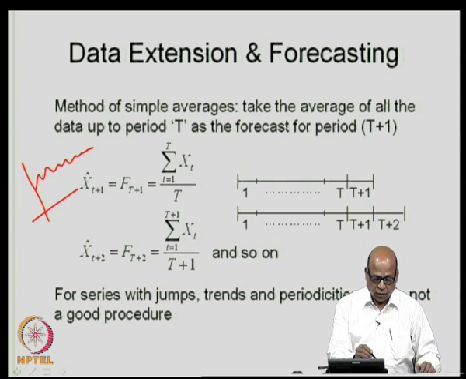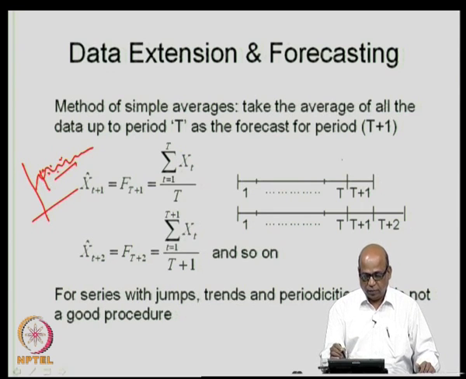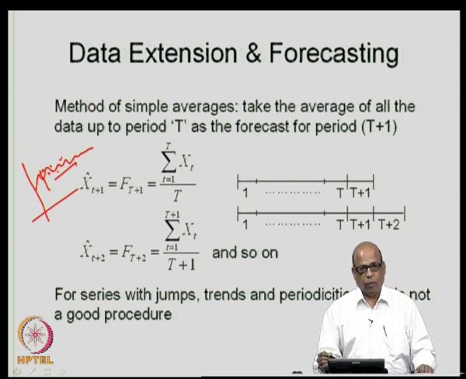Then you are forecasting, let us say at this point, based on the values that we have got, maybe your forecast will be somewhere here, and next time the forecast will be somewhere here. Like this, it may keep on going. So, if you have a smooth process, this kind of average based procedure will work